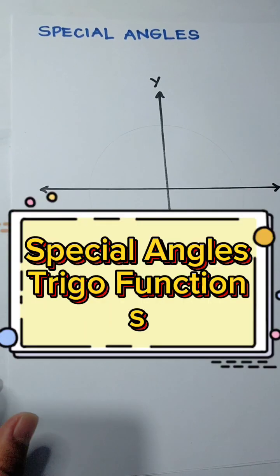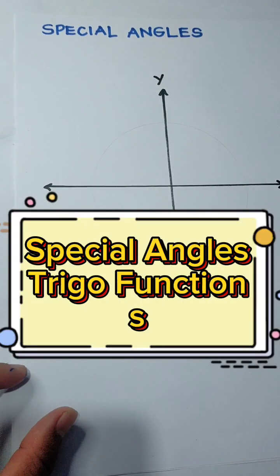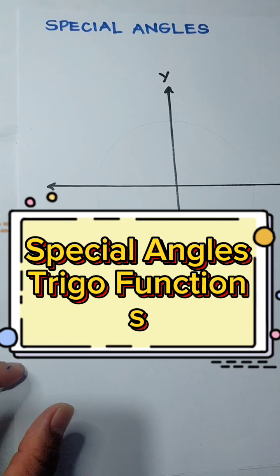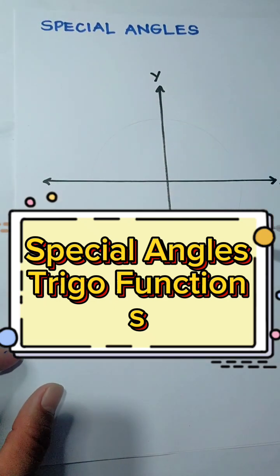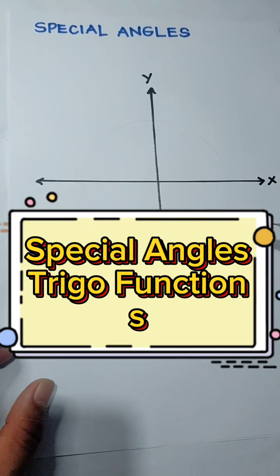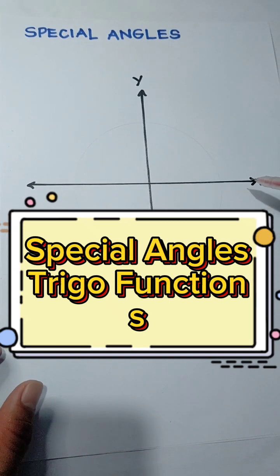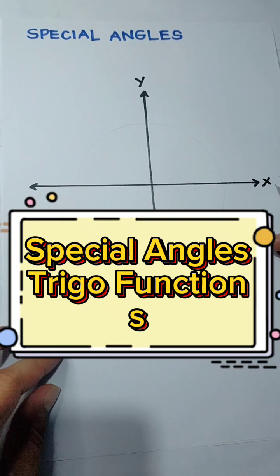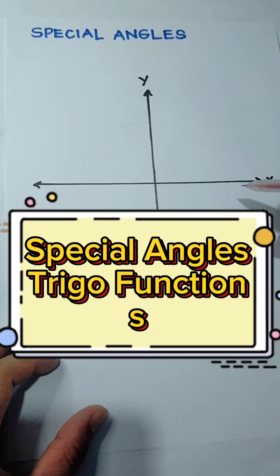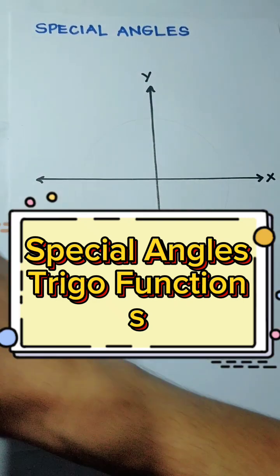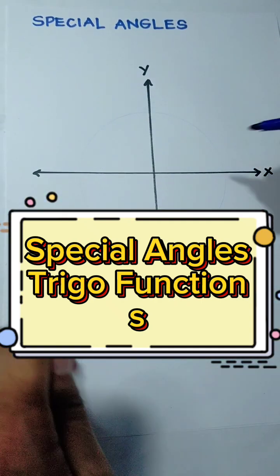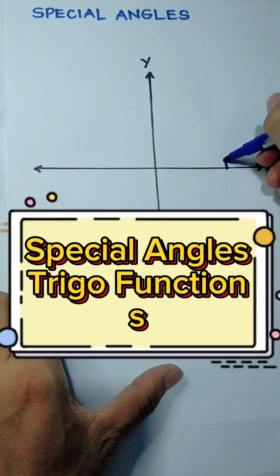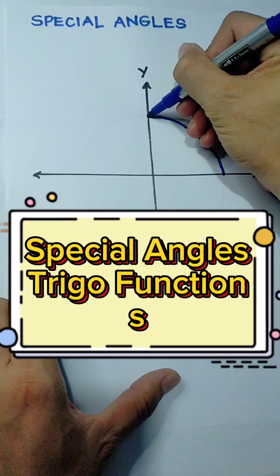Let's talk about special angles. So let's start from the x and y coordinate axis, and next we are going to draw the unit circle. A unit circle is a circle with radius 1. If we draw the circle here, unit circle is